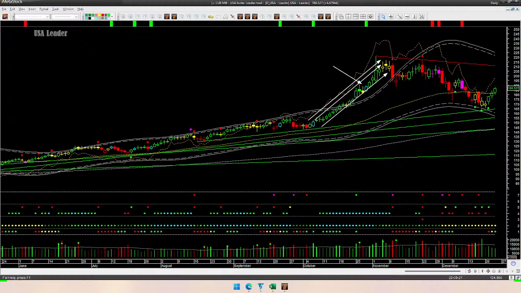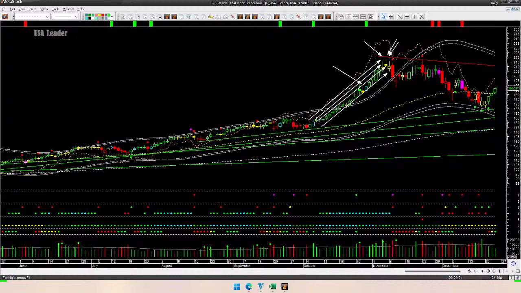How can we anticipate that the market leaders are not leading? Or rather than anticipate, how can we see that market leaders are not leading, and these leaders tend to be growth stocks? If the leading growth stocks are not going up, probably other growth stocks are also not going up. Other growth stocks may be falling even faster. After this sharp up move in the leader index created from the best of the best growth stocks, we can see that it stopped creating any new high. Instead, we have a large number of indecision candles.